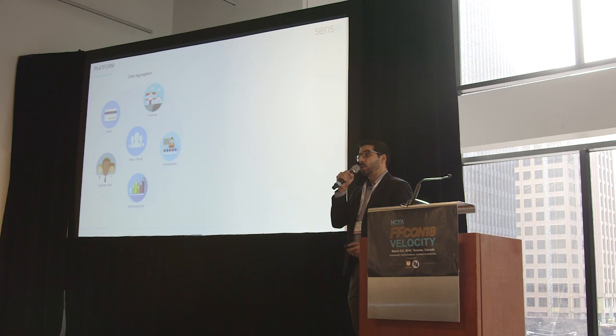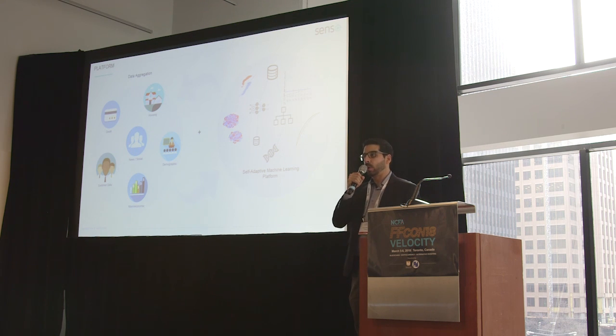Our solution does 2 things. It aggregates key data sets into a data repository, which we've prepared and cleaned for predictive tasks. This includes housing data, credit data, news and social data, demographic data, our customers' data, and we feed them through a self-adaptive machine learning platform. We use linear models all the way to deep learning and genetic models, and we compete them against each other, and the best output wins. And this is completely self-adaptive, and it learns more over time.